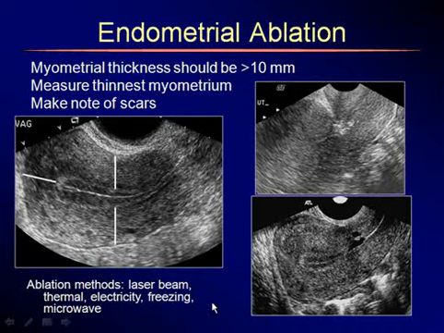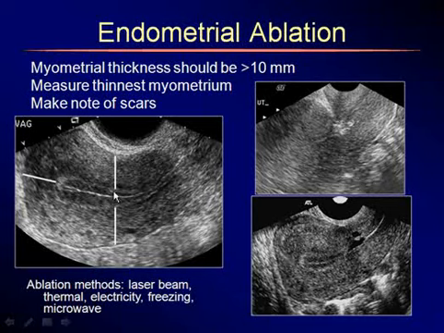Now, sometimes the clinician may ask us to evaluate the uterus prior to endometrial ablation. What they're asking us to do is to comment on the myometrial thickness. They would like to have, or they need to have, more than 10 millimeter thickness of myometrium. So they're going to ask us to measure the thinnest myometrium, because if the myometrium is too thin, they will not be able to do the procedure. Because as they